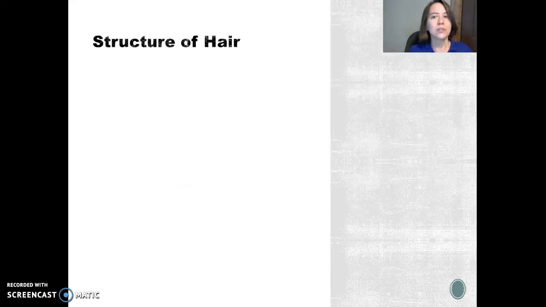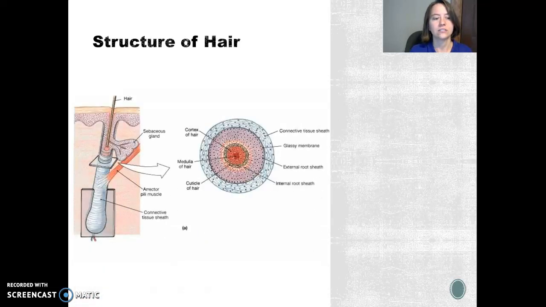So let's talk about the structure of hair. Looking at the picture, you can see the sebaceous gland, the hair follicle, the hair below the skin is the root, and above is the shaft, and then the arrector pili muscle. Looking over here is a cross-section of the hair, and that is interesting to look at all the different types